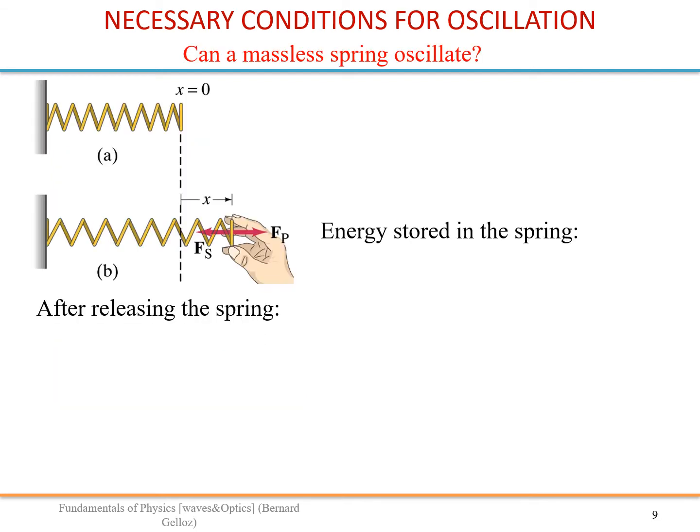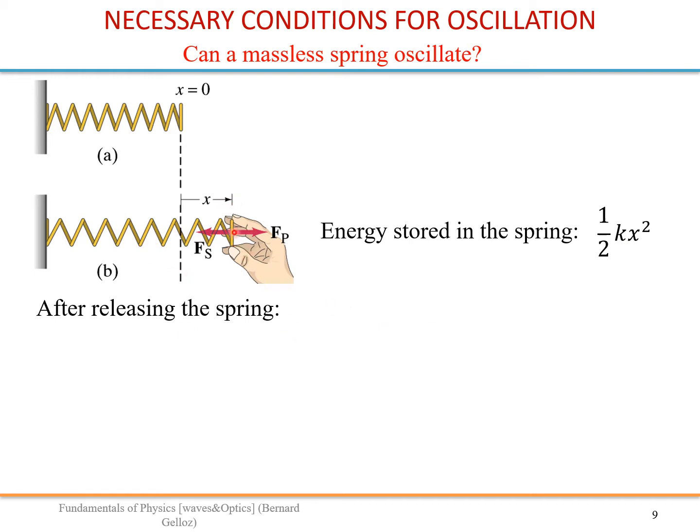So let's do a kind of thought experiment. Let's take a massless spring, so a spring which has no mass. We always say in problems in our textbook, we take a massless spring. So what does it mean? This is our massless spring at equilibrium, x equals 0. We stretch it like this, we apply a force. By doing this, normally we store energy in the spring. And that energy is in the form half of kx squared. It's potential energy stored in the spring.